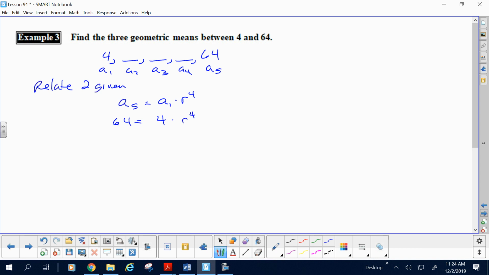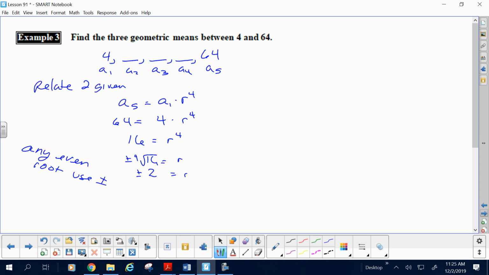And now I'm trying to figure out what I multiply by. How do you solve that for R? Divide by 4, that gets me 16 equals R to the 4th. Then what? 4th root. Now be careful, when it's an even root, you must say plus or minus. Write yourself a note. Any even root, use plus or minus. So R is plus or minus the 4th root of 16, or the thing you multiply by could have been either positive or negative